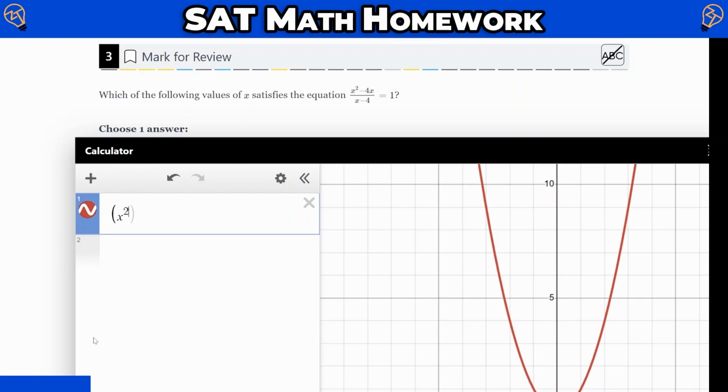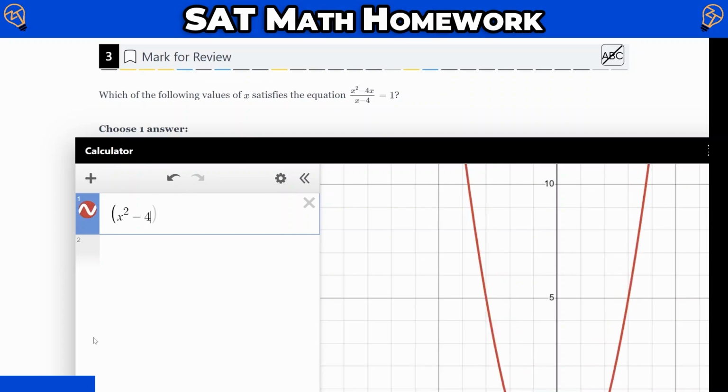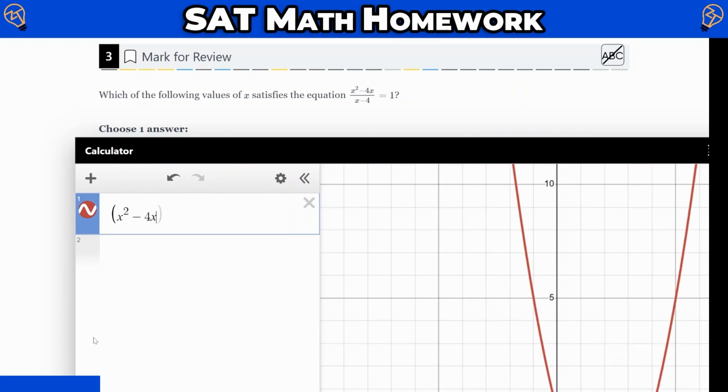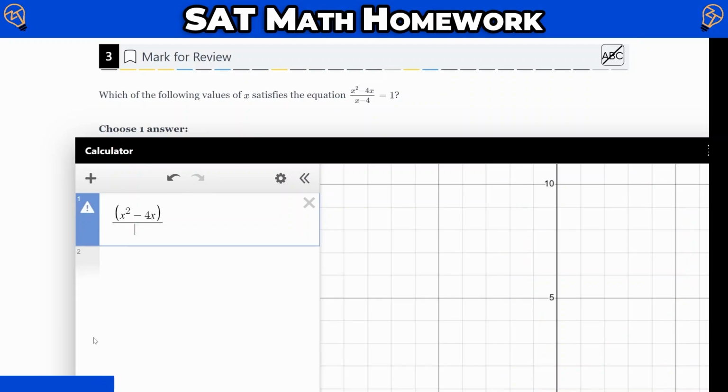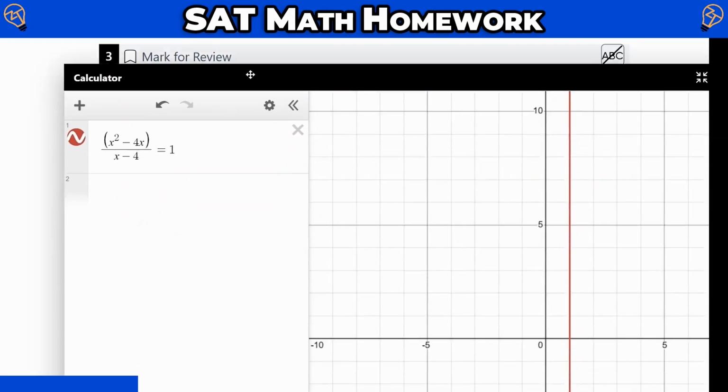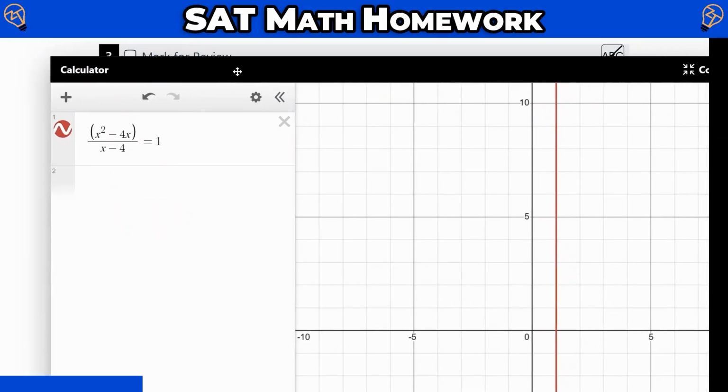I'll type the 2, I'll go to the right to drop down, minus 4x, and I'll go ahead and just press right because it already has that parenthesis for me. I'll press the horizontal fraction bar and then go ahead and do the denominator of x minus 4. Now, at this point, I could just press right and put equals 1. And when I do so, I'm finding the solution, which is in this case, x equals,